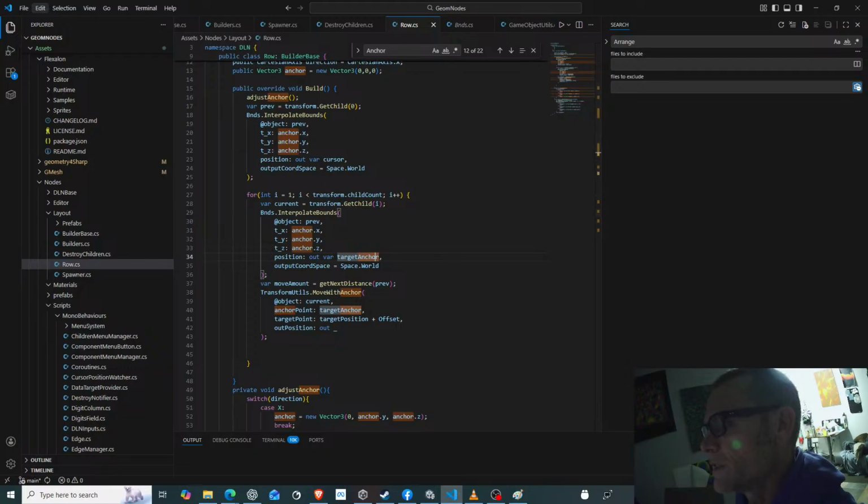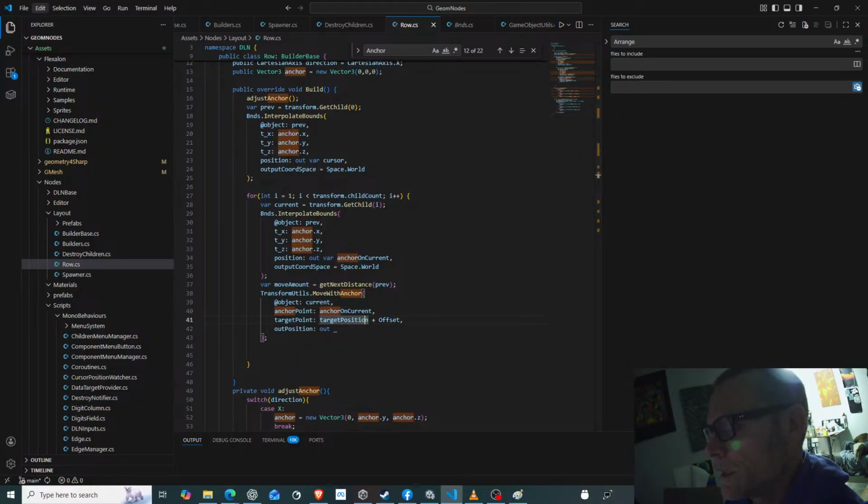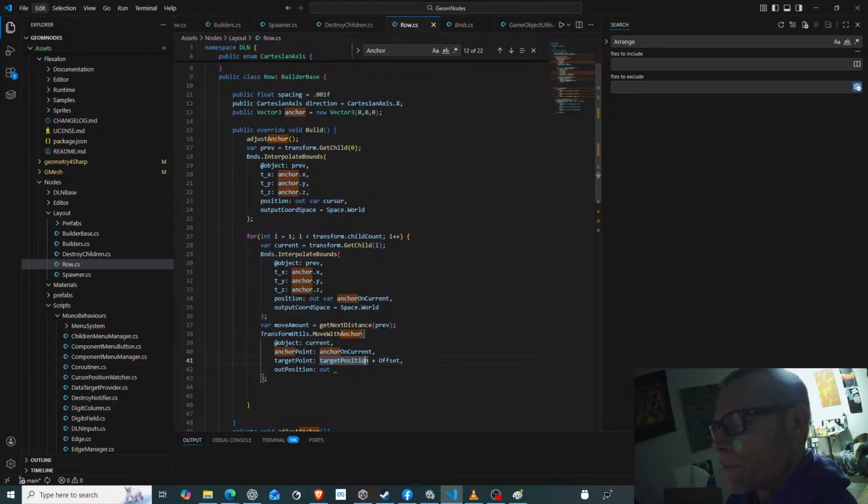How about we call it anchor on current? Anchor on current, anchor point. Anchor on current. And then the target point is our interpolate bounds, get next distance, so move amount. Our target point is,